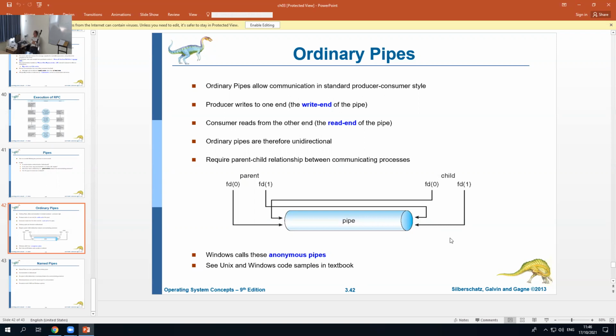We can talk about this as being a producer and a consumer. This is going to be useful for when we talk about producer and consumer, just to understand the concept. The writer,